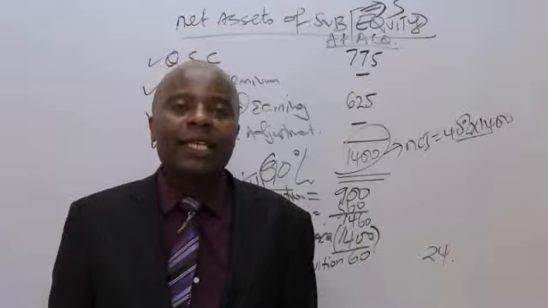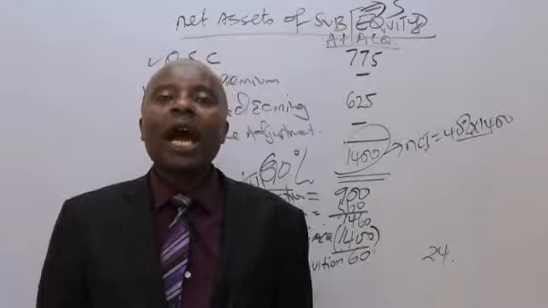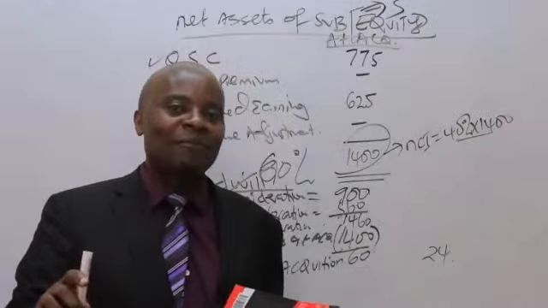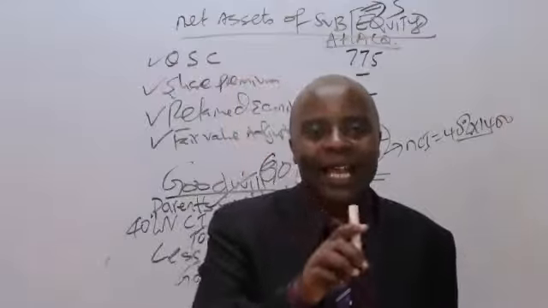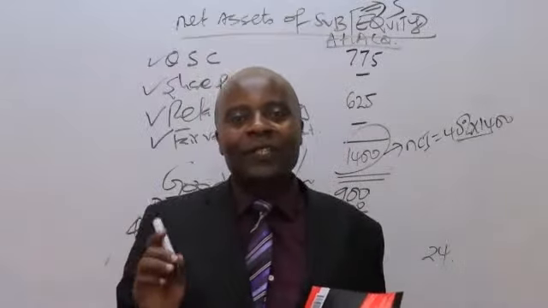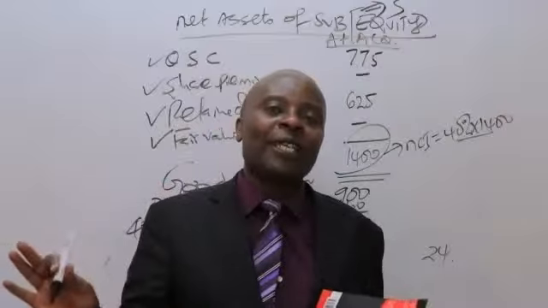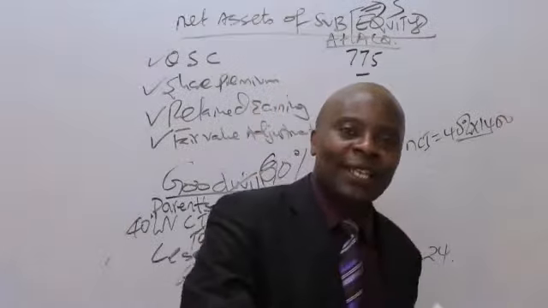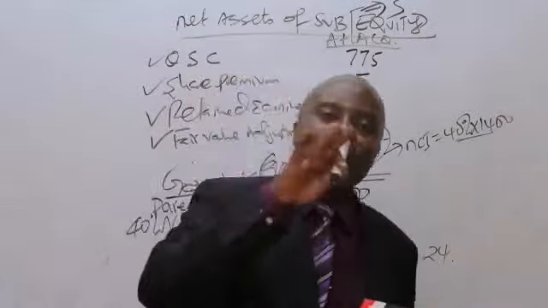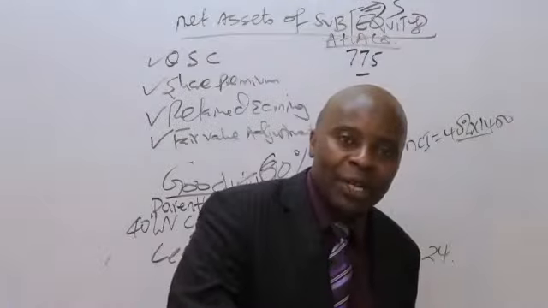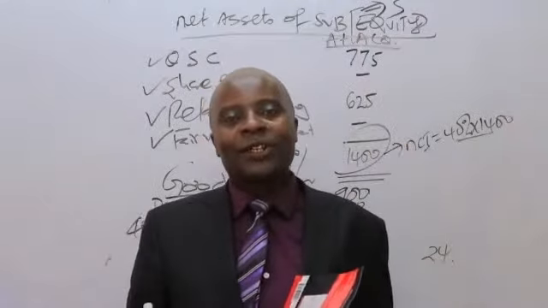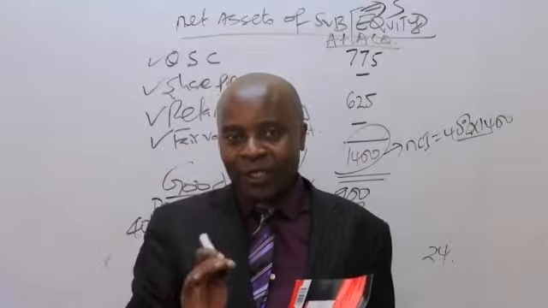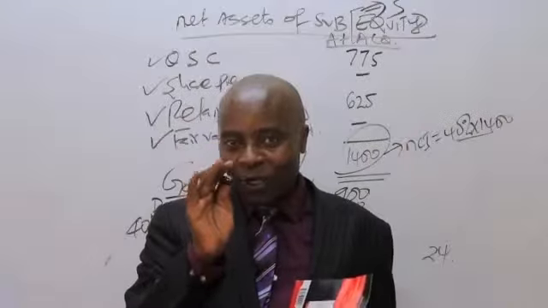of a subsidiary. Either you've disposed it fully, or you are moving from control to no control. I had 60%, I sell 30%. If I sell 30%, then I'll be left with 30%. You see, 30% is an associate. So I'm moving from subsidiary to an associate. That is what we call movement from control to no control. So that one, you need goodwill